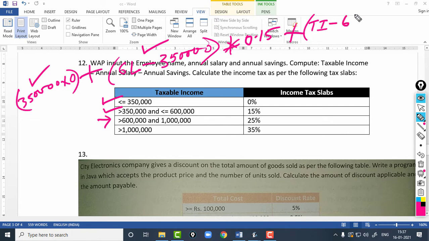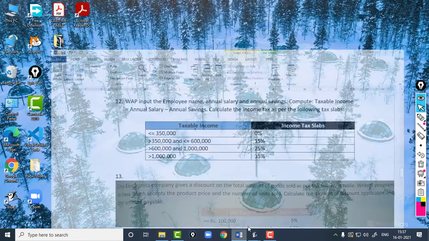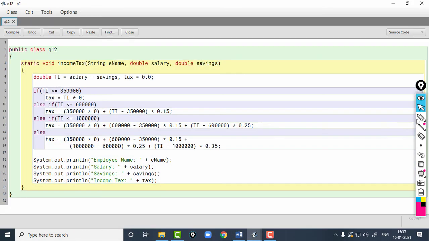So, from TI we are going to subtract 6 lakhs. So, TI minus 6 lakhs into 25%, which is 0.25. So, that is the reason why I have done this 3,50,000 into 0, then 6 lakh minus 3,50,000 into 0.15, and TI minus 6 lakhs into 0.25.